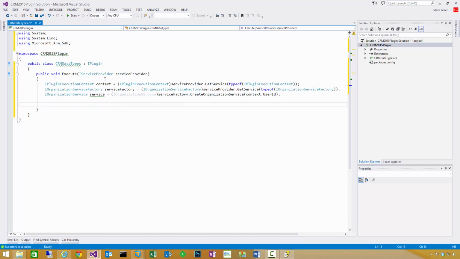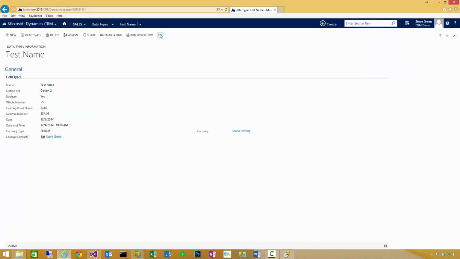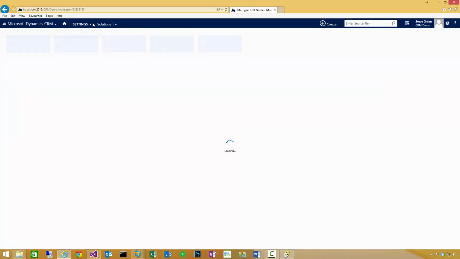So we have the organization service now, so then we can do some sort of basic checks on the message type. We can do some basic checks now to ensure that the context of the plugin has been registered correctly. So if it was registered on the wrong entity, we wouldn't want it to continue because obviously it would throw exceptions. So we can just say if context.PrimaryEntityName does not equal, and then my entity's name,